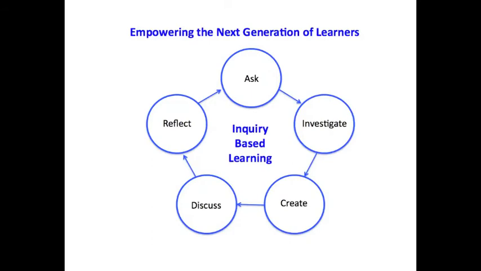When you're investigating and creating and discussing, then learning is occurring. And here's the other great component, that of reflection. A lot of folks don't like journals, so they don't like having to write anything down. But to stop and to reflect upon what has been investigated, created, and discussed is a very, very important aspect of learning. And then the cycle only begins again. If we have investigated, created, and discussed and reflected, then maybe we want to ask another question. This 5-point model is called